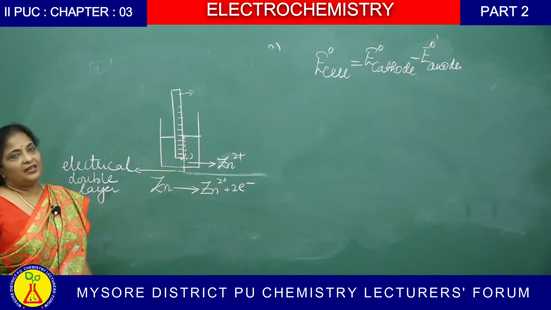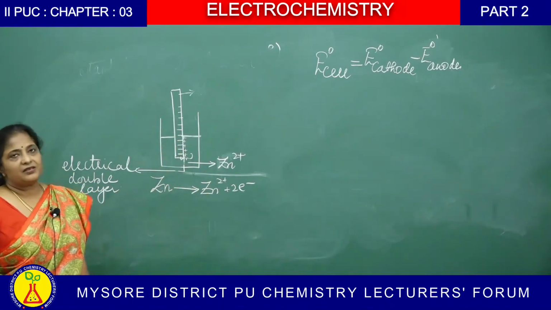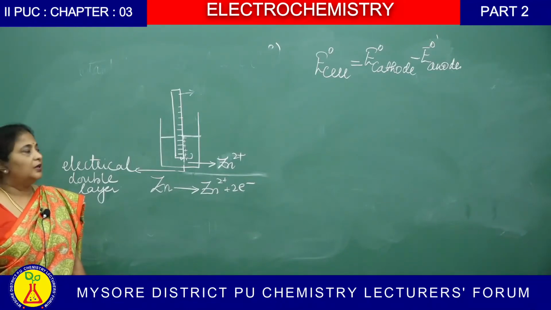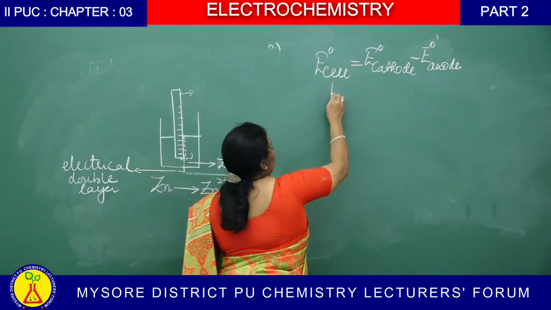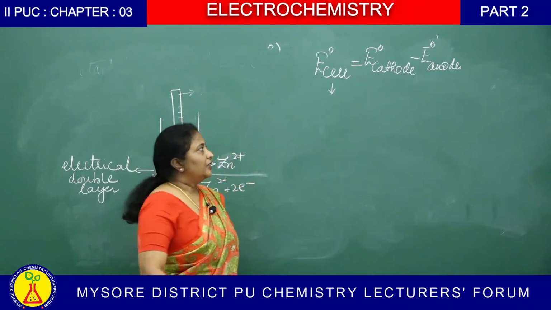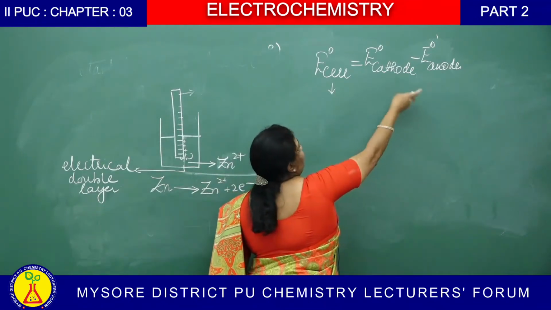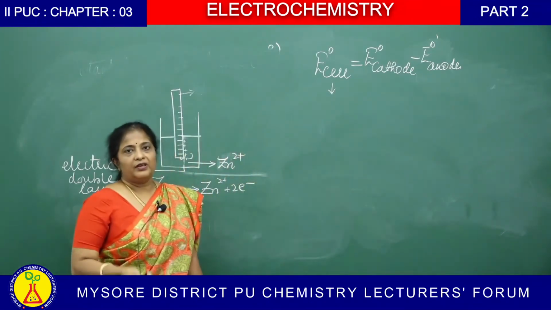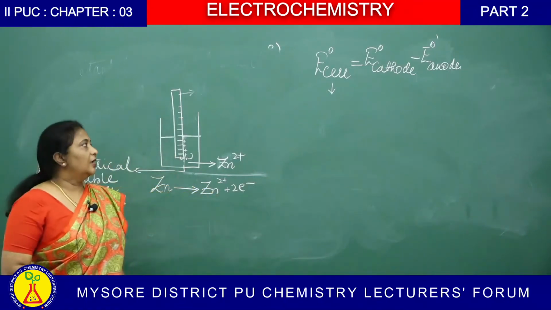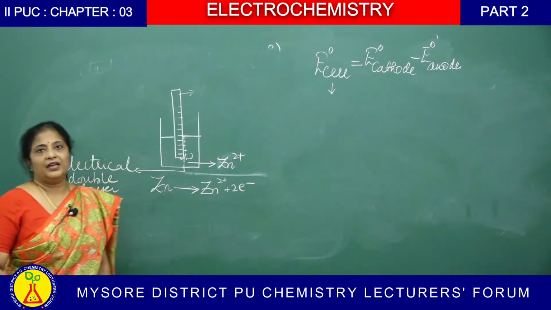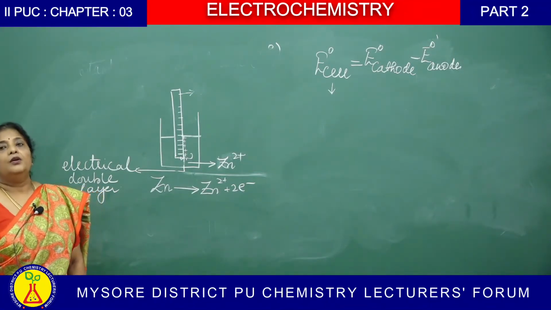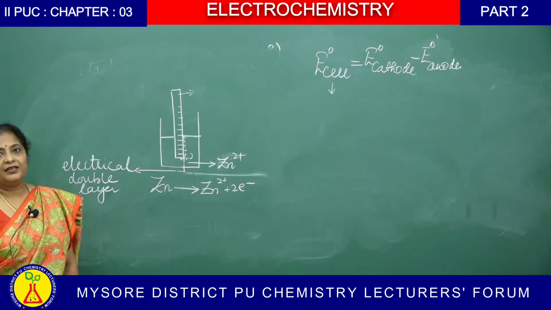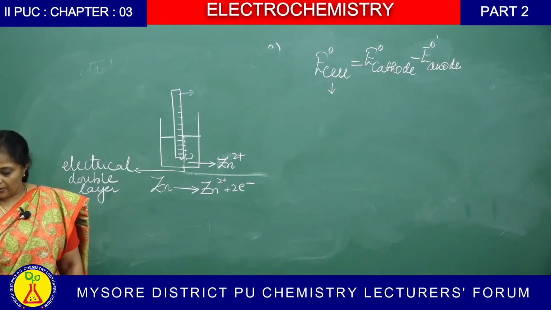So, the EMF of the cell, what is a cell? A cell comprises of the anode and the cathode. If I know the EMF of the cell, which you can measure by potentiometry, and I know the EMF of either the anode or the cathode, then you can calculate the electrode potential of the other electrode. Those electrodes whose potential is known, you call them the standard electrodes, and one such standard electrode is